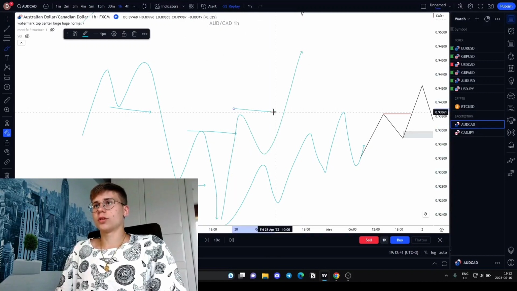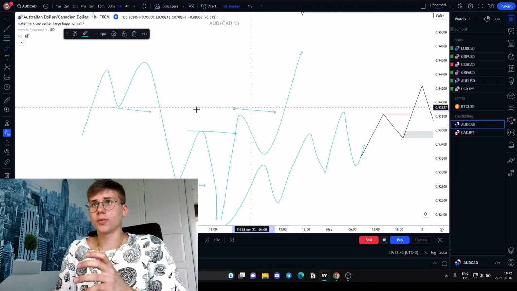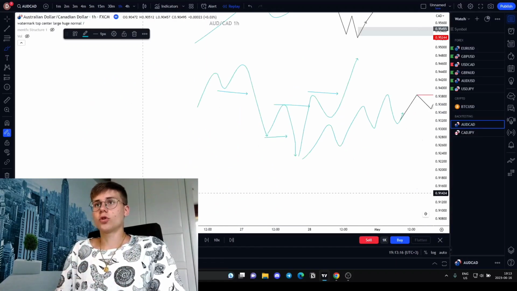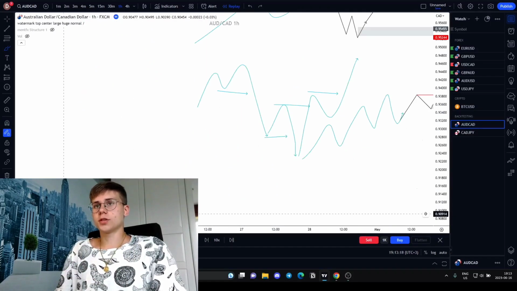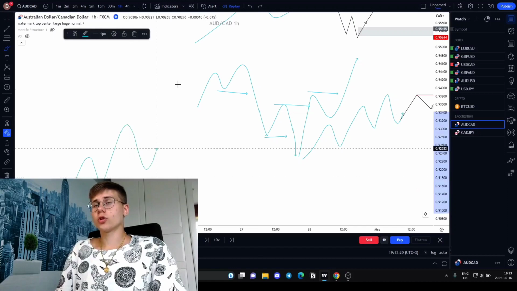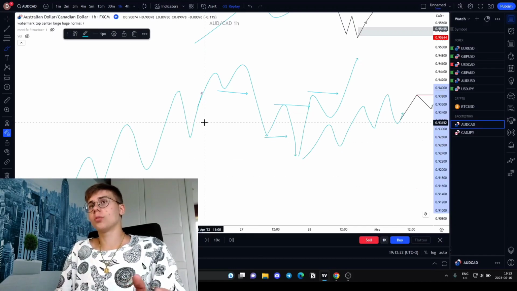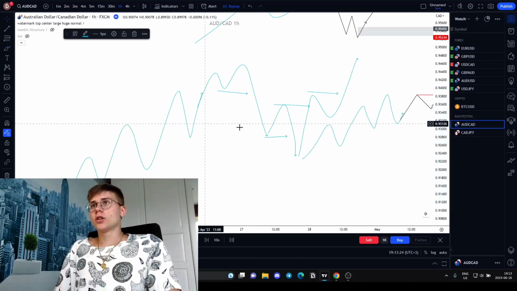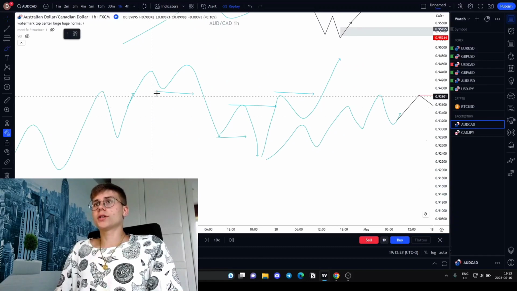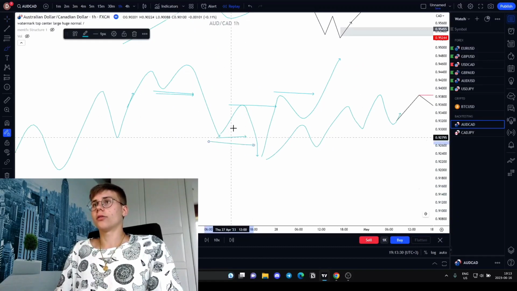So it's very unclear. Is it bullish or bearish? Of course, if there was some clear structure in previous hours, maybe previous days, so those two breaks, it doesn't really matter if